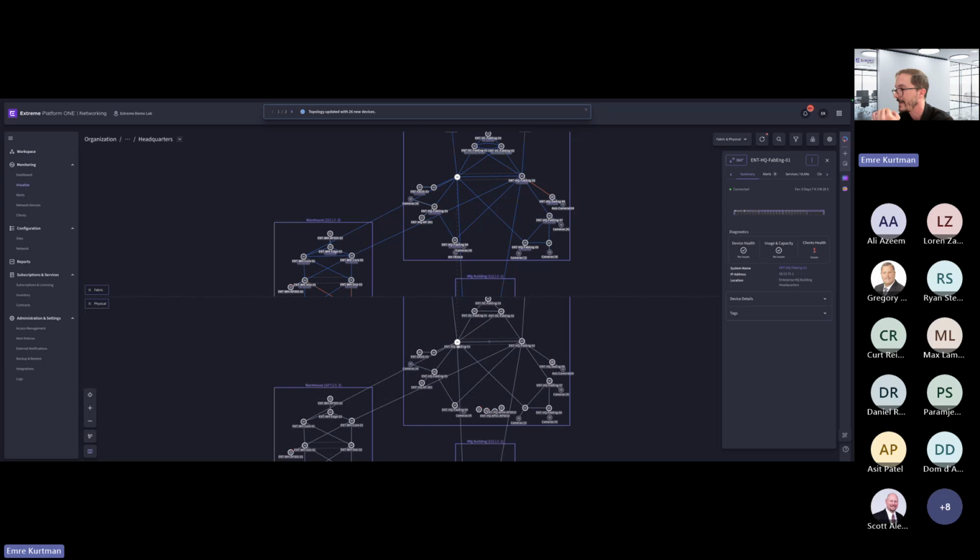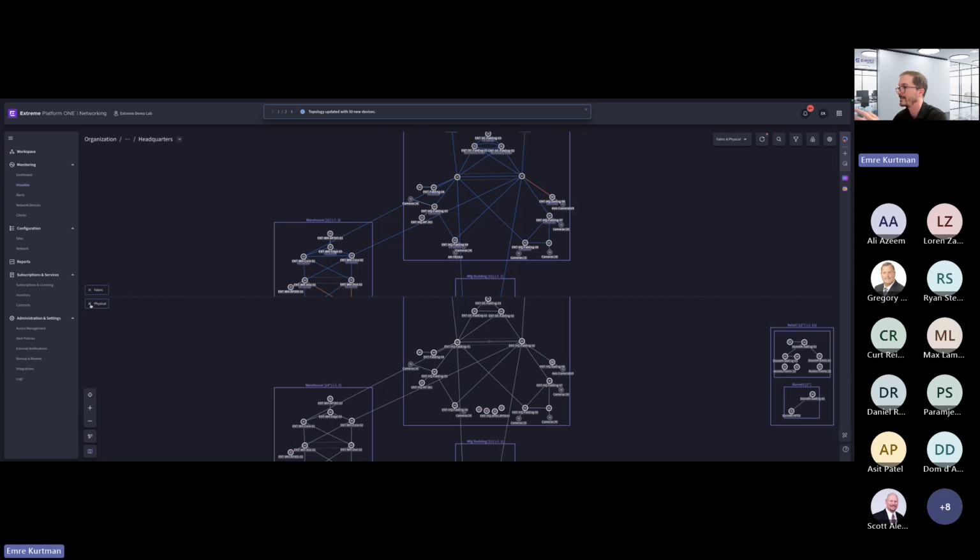Again, we are looking at this ENT-HQ fabric engine switch. But in this case, since I have opened up two layers, the inspector panel also reflects the change because it's context aware. Now, if I look at the device details, it not only shows me the physical details, but it also shows me the fabric details, such as the system ID, the nickname, the ISS area, and so on and so forth. So all the critical parameters of fabric, I can see it in this inspector panel.